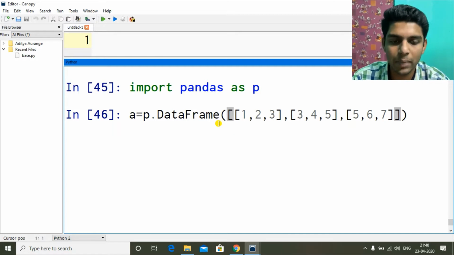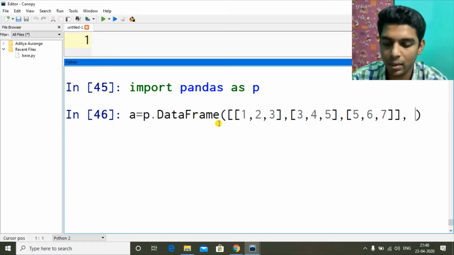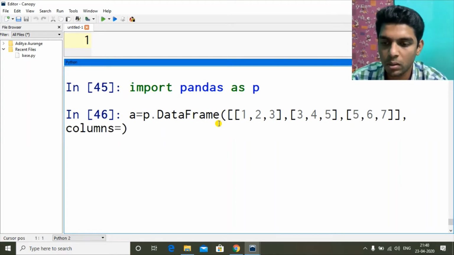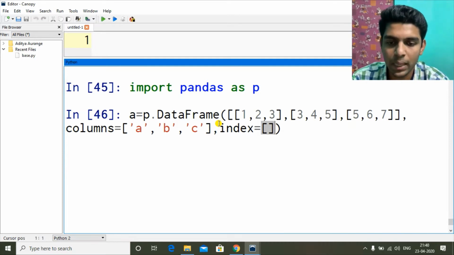Okay, this is my data. Comma, let's assign columns. Columns equal to, I'll have 3 columns, so A, B, C. And let's give index equal to, I'll have 3 rows and 3 columns.